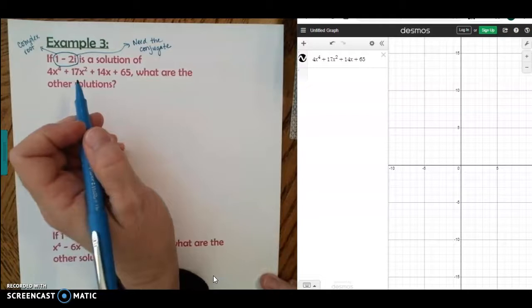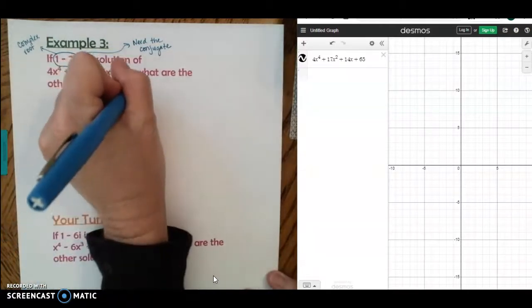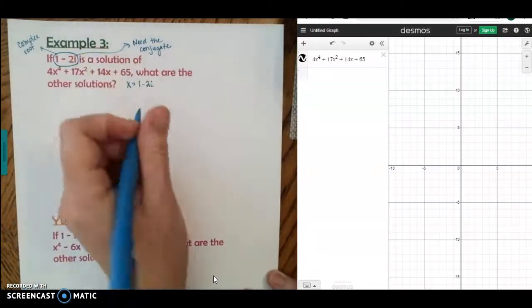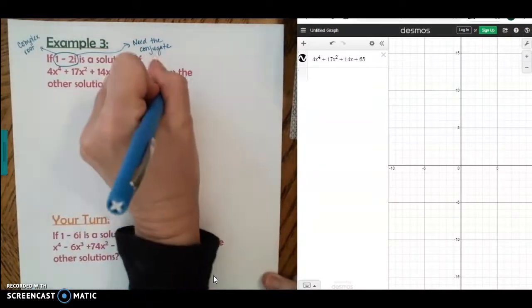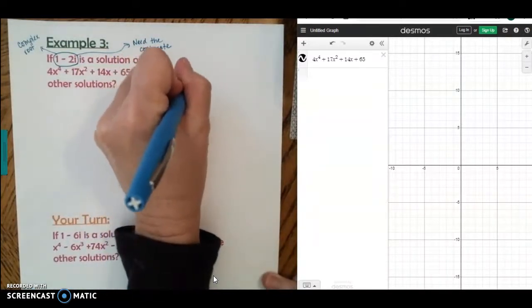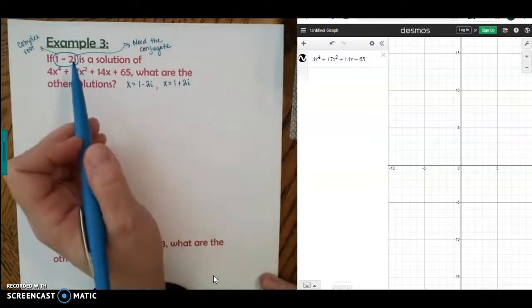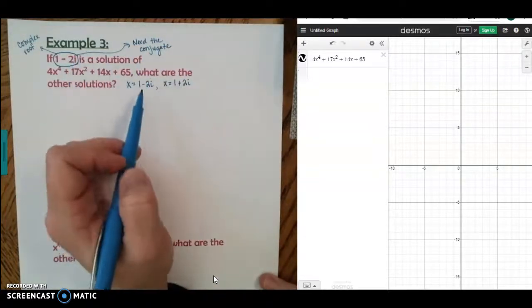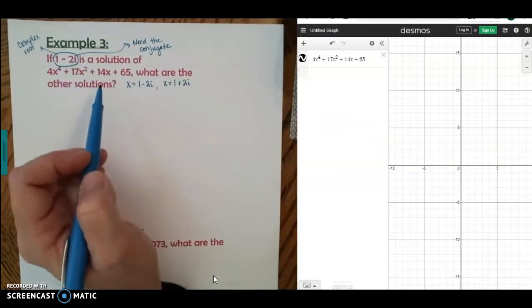So they always come in pairs, all right? So they're telling you that x equals 1 minus 2i is a root. Therefore, x equals 1 plus 2i is also a root. So you're just going to have to remember that when you see the complex root, you always have to have the conjugate. They're only going to give you one to try to confuse you, so just watch out for that,